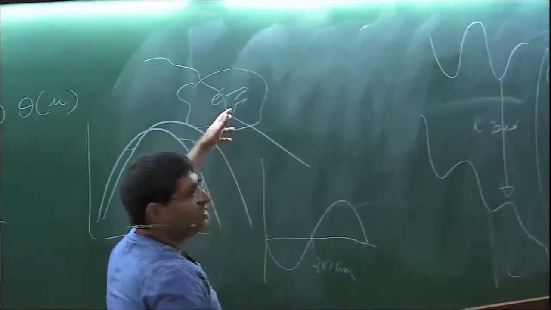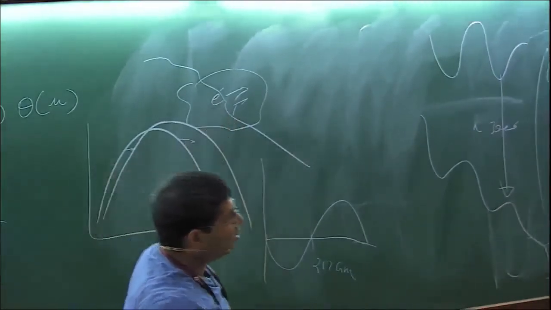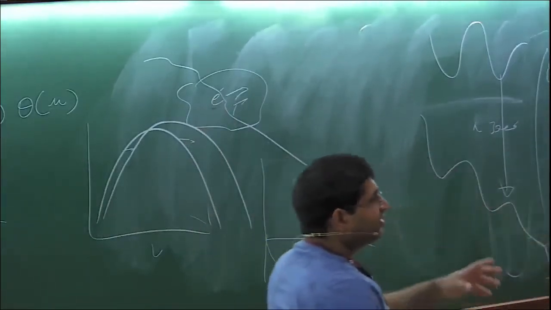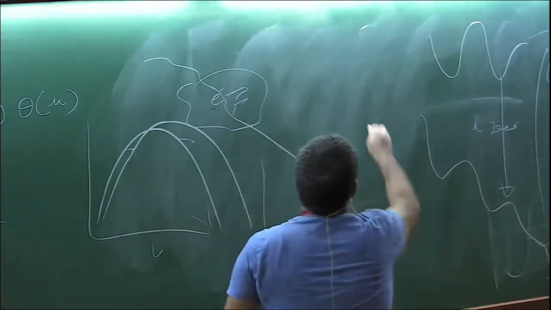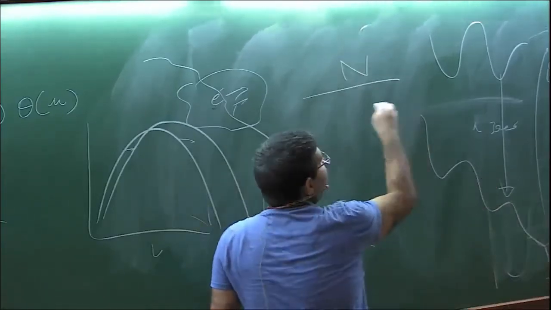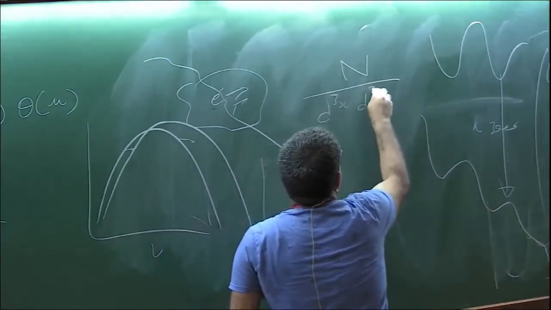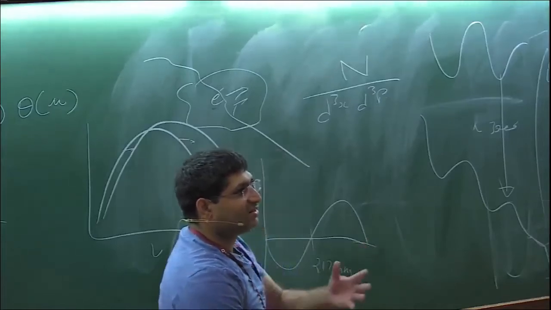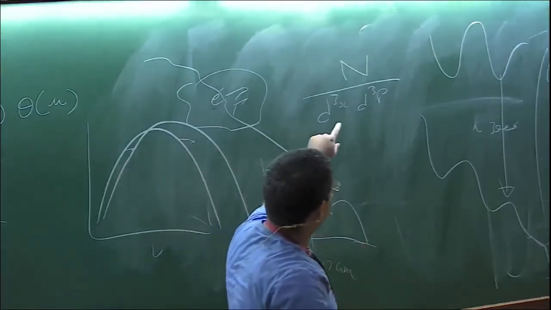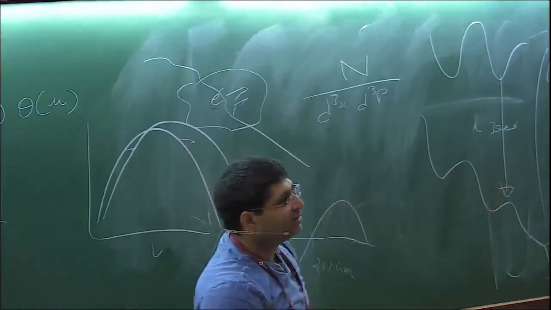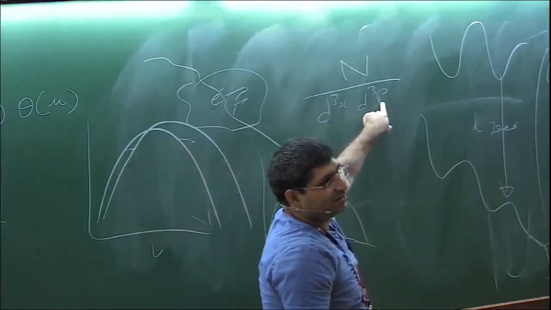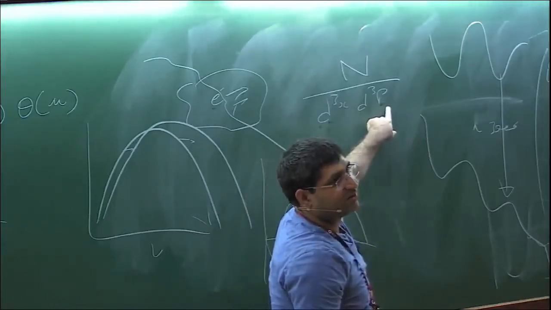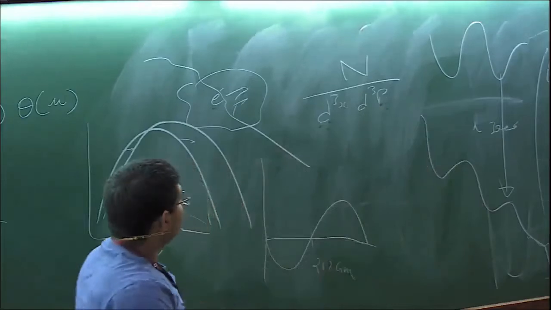We can also do the same physics in the reference frame of the electron, because as long as we are dealing with occupation numbers, they are Lorentz invariant. Occupation numbers are the phase space density: the number of photons divided by phase space, which is d cube x, d cube p. If you understood your special relativity well, you should be able to prove that under a Lorentz transformation these two terms transform in the opposite way. So this is invariant under Lorentz transformation,